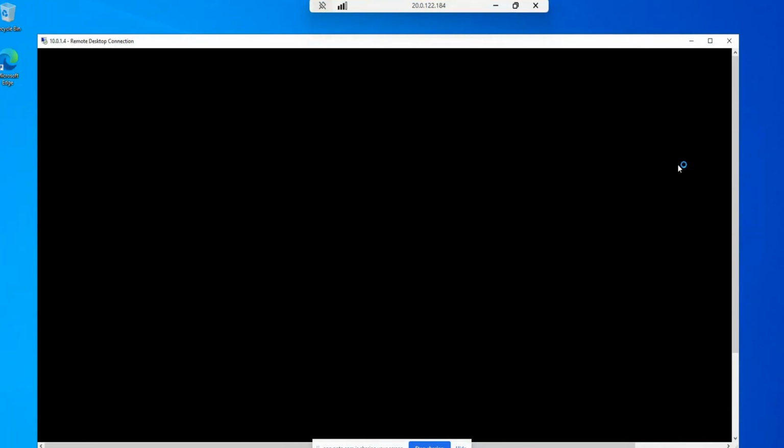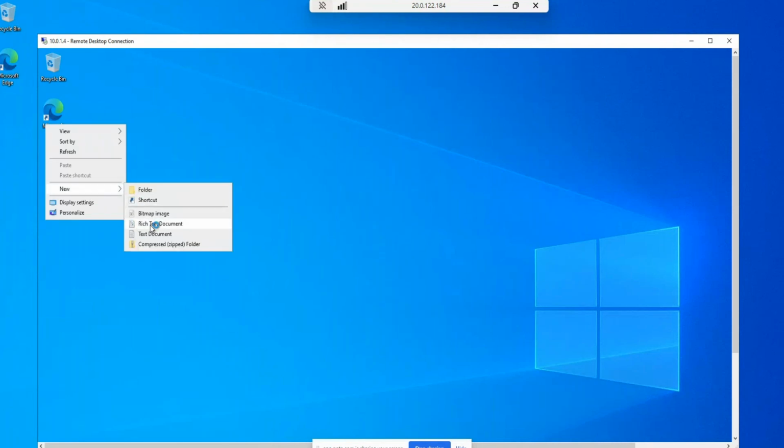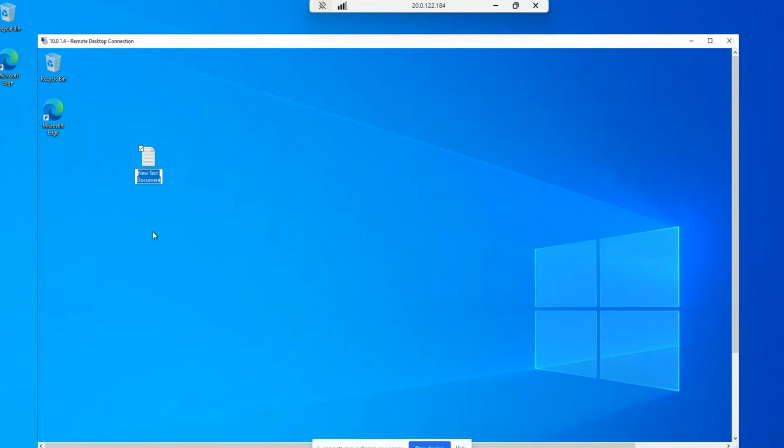And now I'll put one text file, my prod VM example.